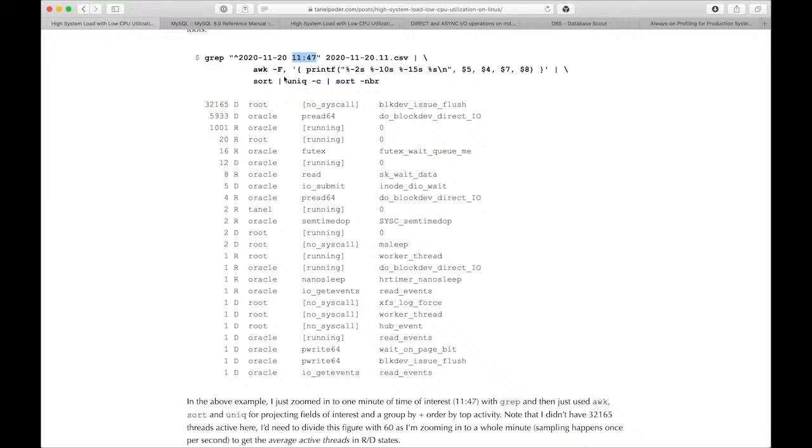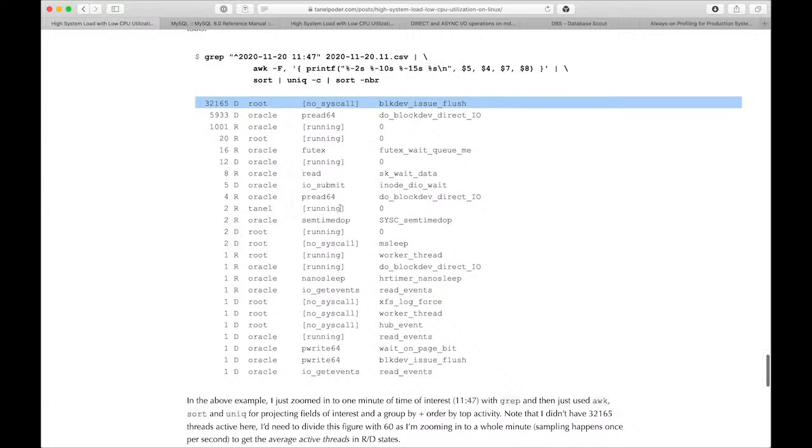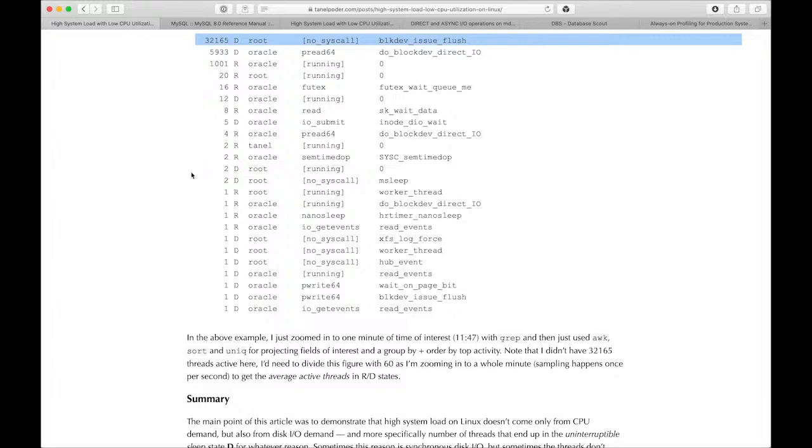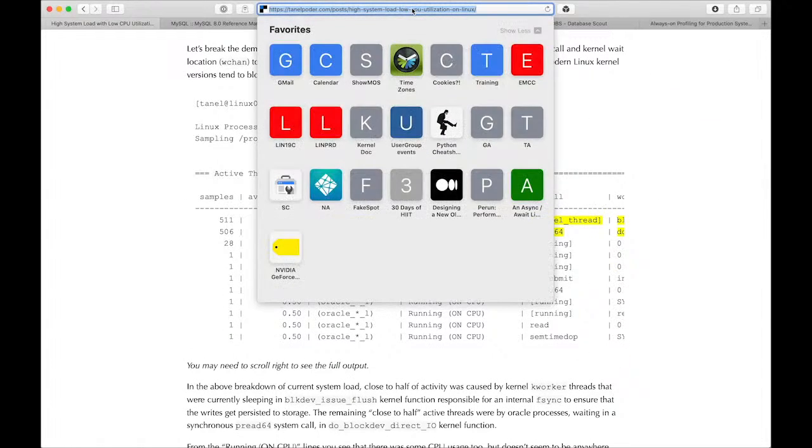And even I'm actually taking a whole minute here. I'm zooming into 1 minute. I had a spike during some minute, and I didn't have 20-30,000 threads in this mode. I should probably divide this by 60 because I'm sampling every second, right? And I'm looking into a whole minute. I should divide this by 60 to get how many threads I had, on average, in this mode, every second, right? So you can read more about that, and if you look into my blog about this, or if you go to 0x.tools,